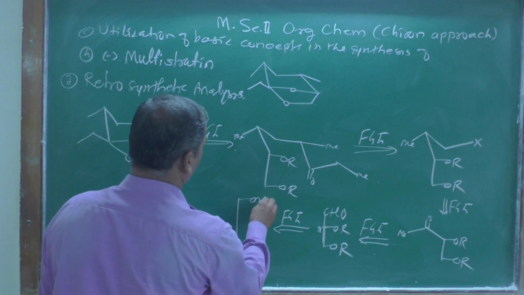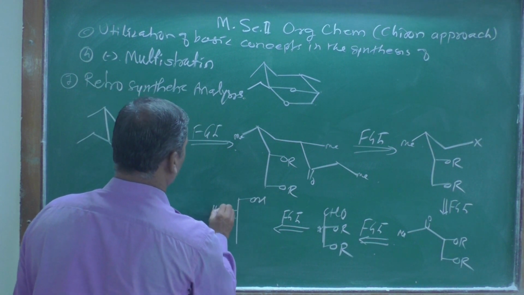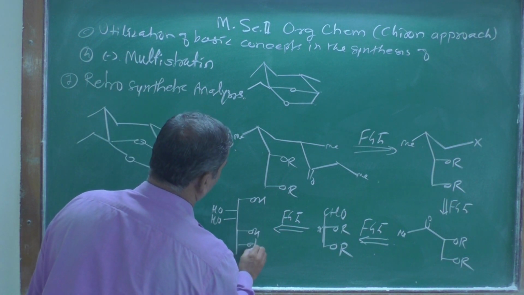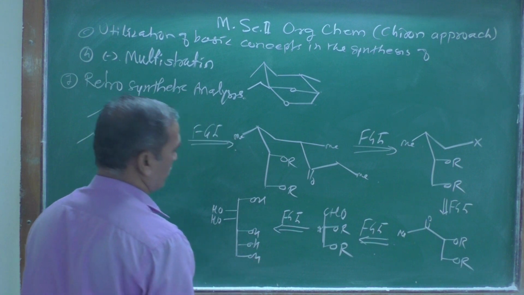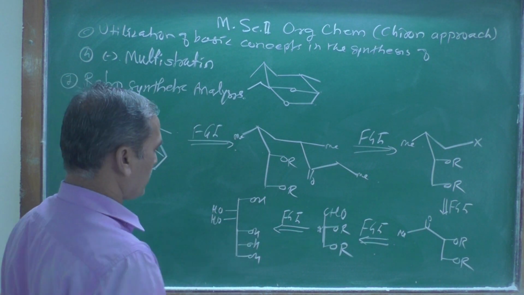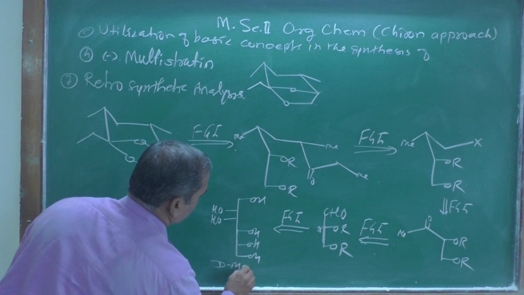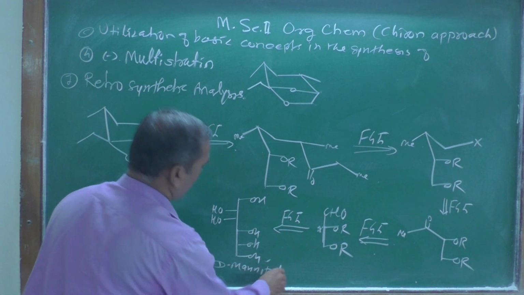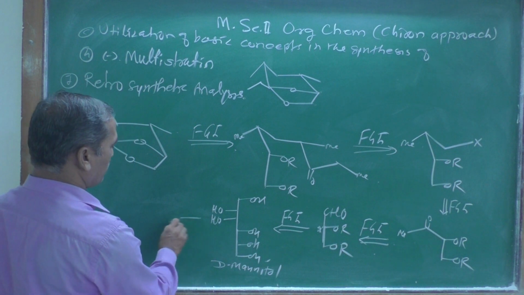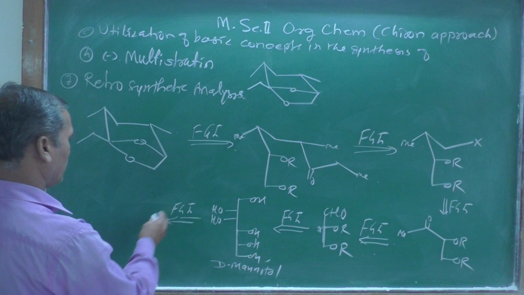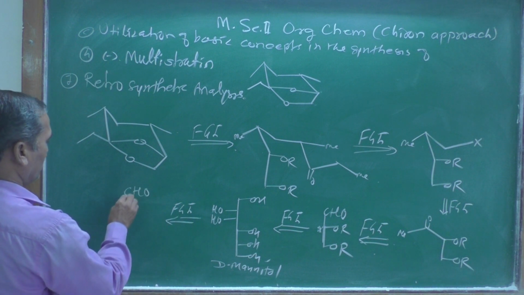As we know, 2 hydroxy groups are on the left hand side and 3 hydroxy groups are on the right hand side. As we know, this is D-mannitol, and D-mannitol can be obtained by FGI, functional group interconversion, from